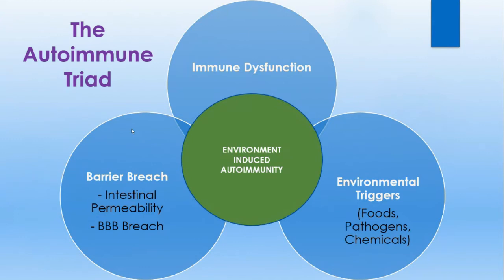One of the other overlapping circles is barrier system breach. Now that's what I've been talking about. When the intestinal lining breaks down, the barrier system gets broken and compromised, and when that happens, things can translocate, move from inside the GI tract across the gut wall into the bloodstream. That barrier breach, or intestinal permeability, AKA leaky gut, is really a breakdown of the immune barrier that then allows this cascade of inflammatory responses to begin. Okay, so that's our second overlapping circle.